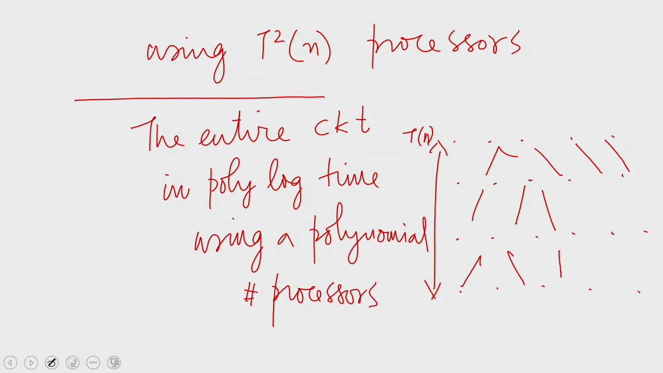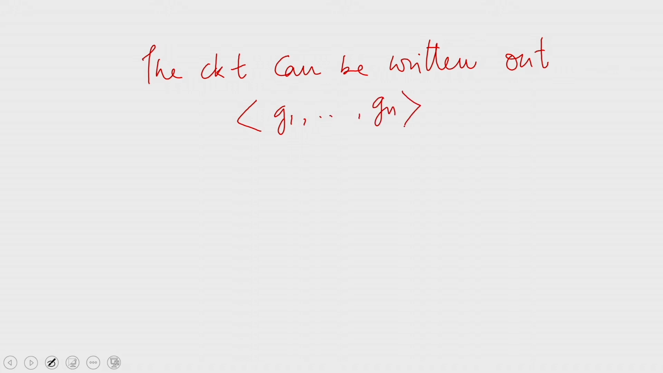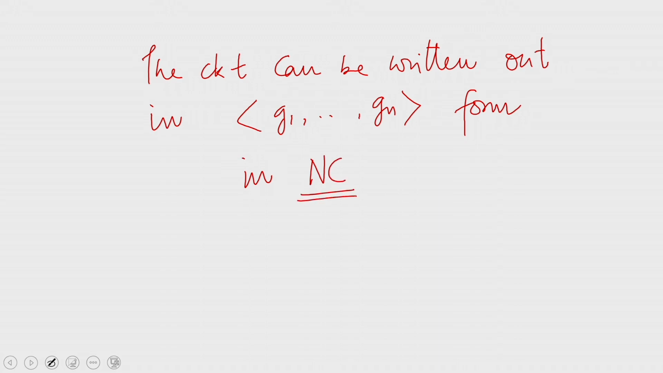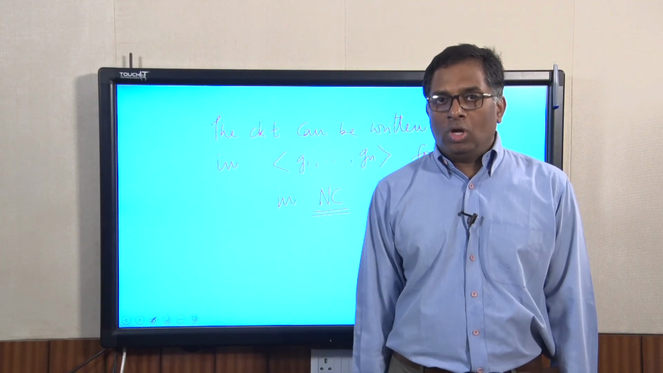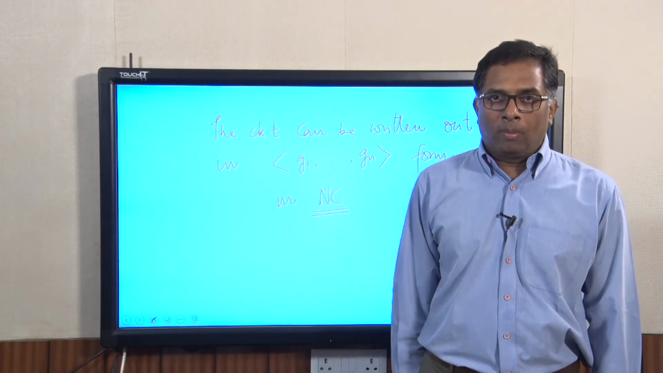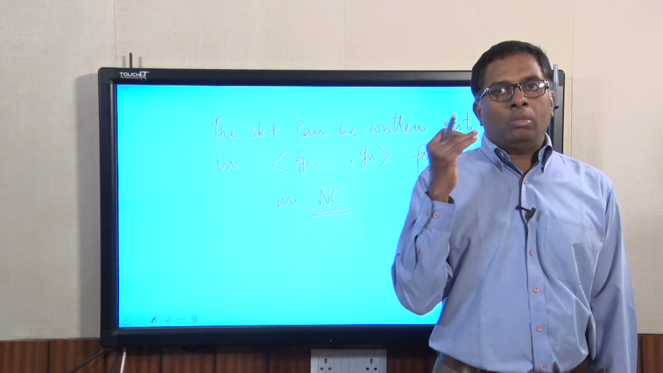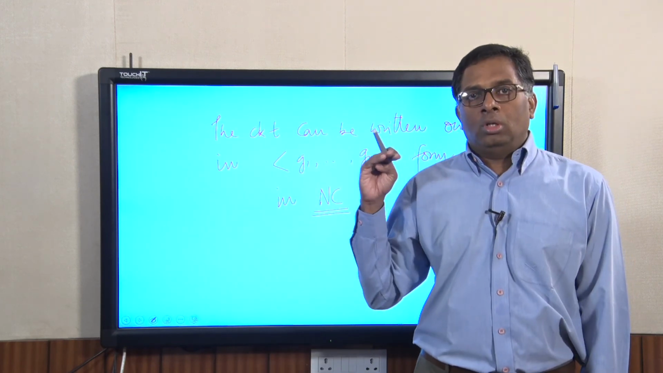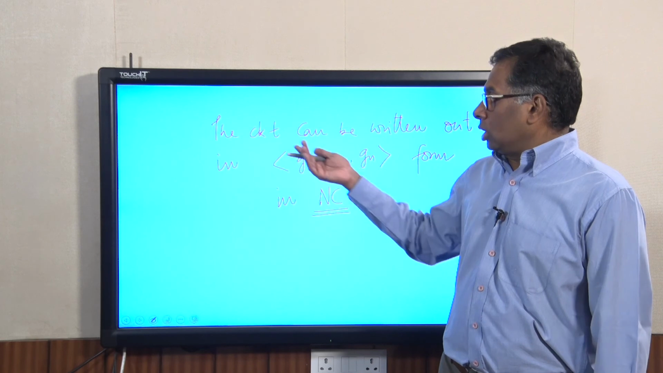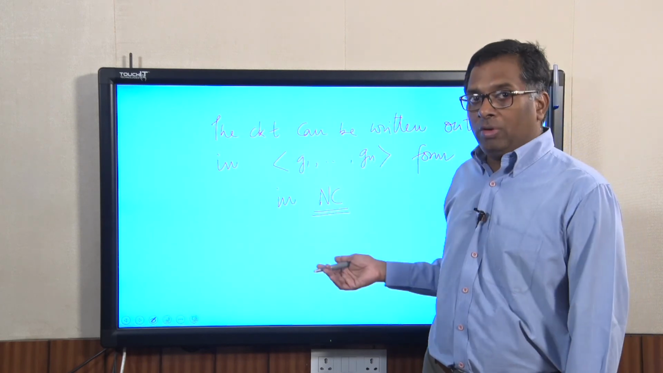So, the circuit itself can be drawn up, the circuit can be written out. Visualizing the circuit and writing it out in this form are essentially the same as you can figure out in NC, that is in polylogarithmic time using a polynomial number of processors, which means when we are given an input W, which is a potential input for the language L, using the transition table of the Turing machine for this language L, we can write out a circuit, so that this circuit will evaluate 1,